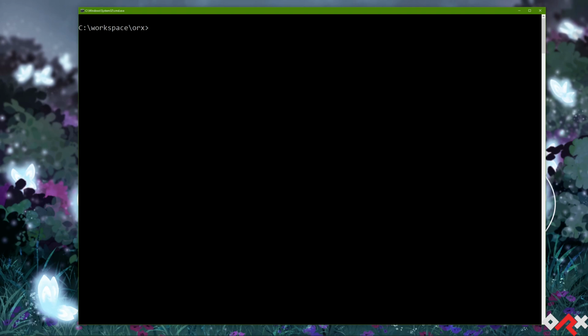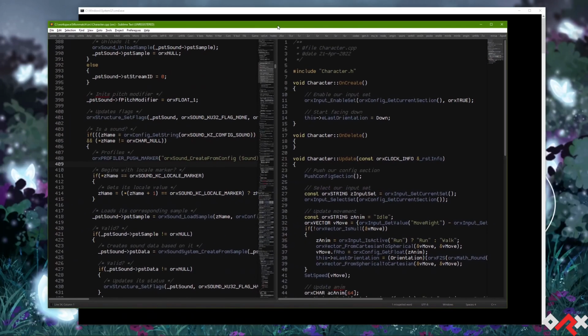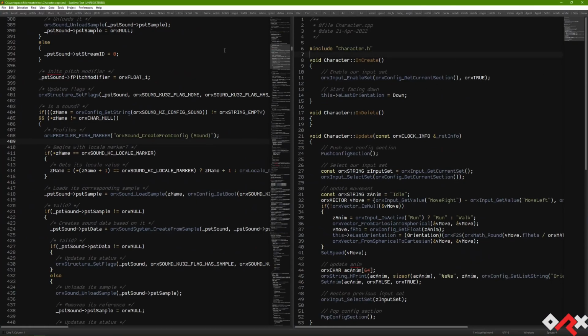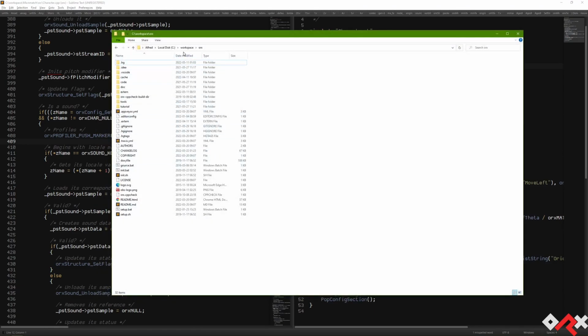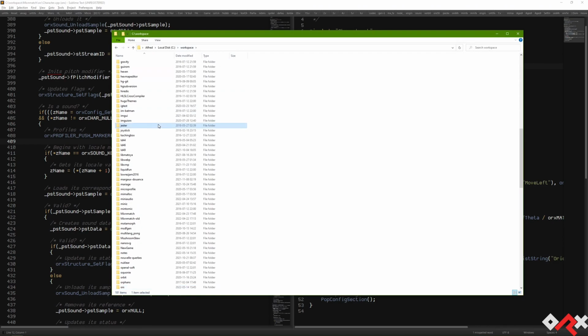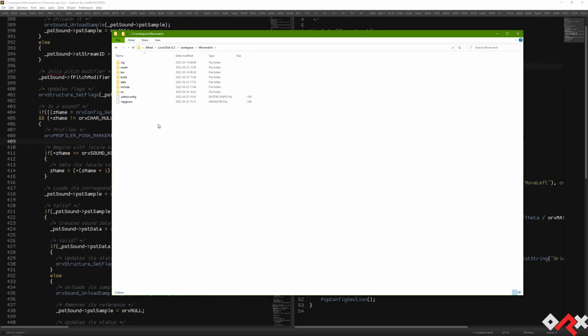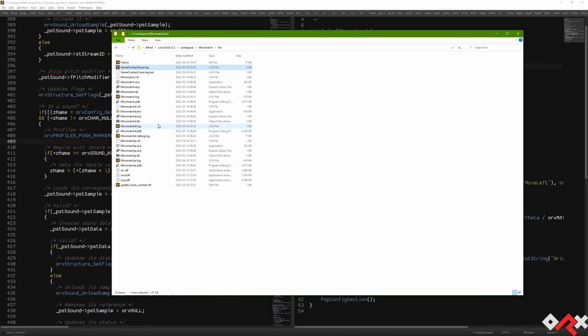And if you want, I can give you a quick walkthrough. So if we're looking here, it's on the right pane. The left pane is basically Orx usually, and the right pane is my character. So before we go through the code, I'm just going to show you what it does. And for that, I'm going to go here, workspace, and it's called Mixnmatch. So if I start Mixnmatch,